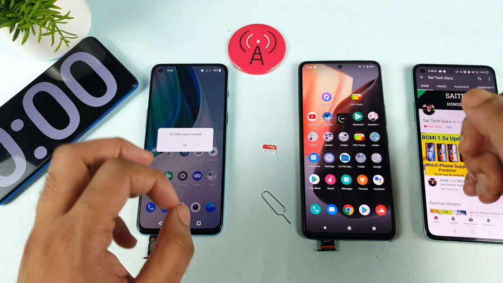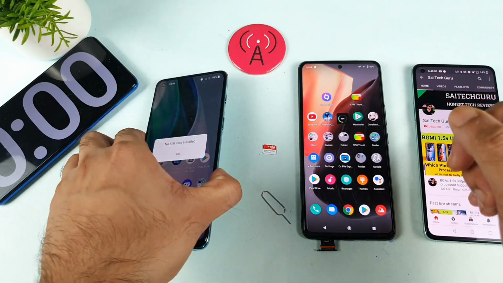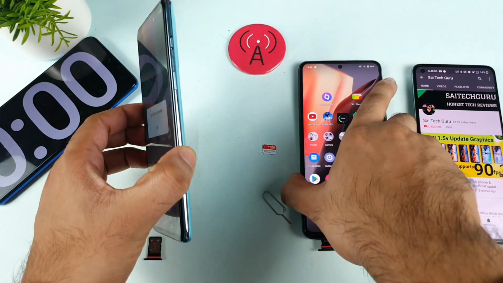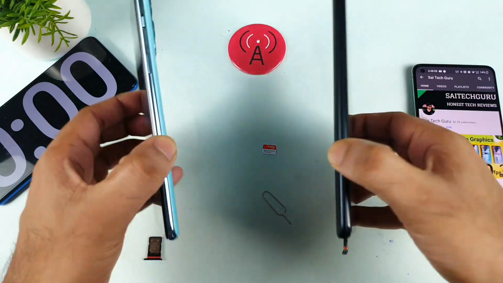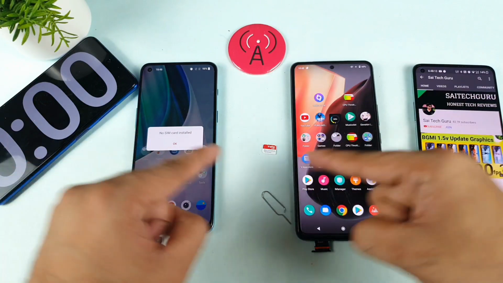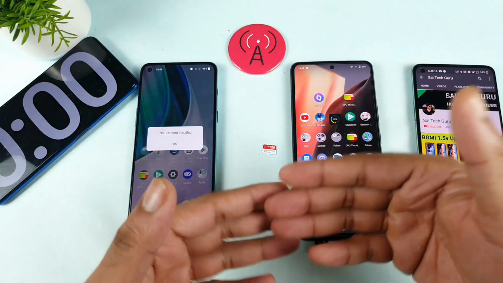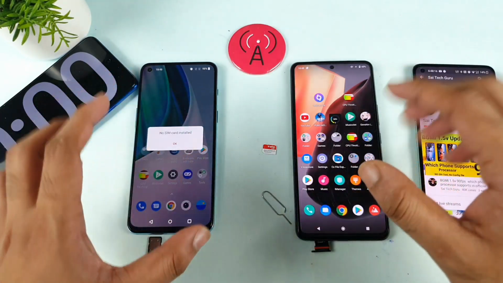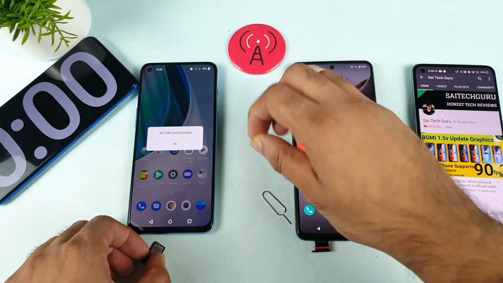In this video, I'll try to do the Airtel 4G speed test and the download test comparison between the OnePlus Nord 2 versus the iQOO 7 device, as you can see, friends. This is a question which has been requested by a couple of subscribers asking me to compare these two phones regarding the network connectivity. So which phone will be good in terms of the network connectivity? This is what I'm going to test in this video.